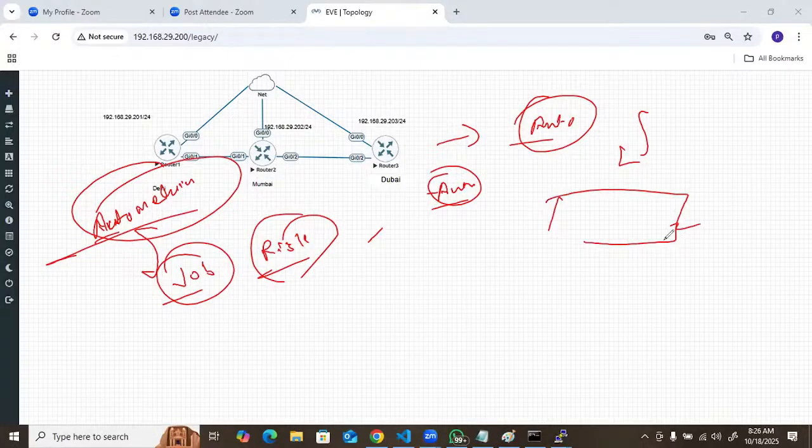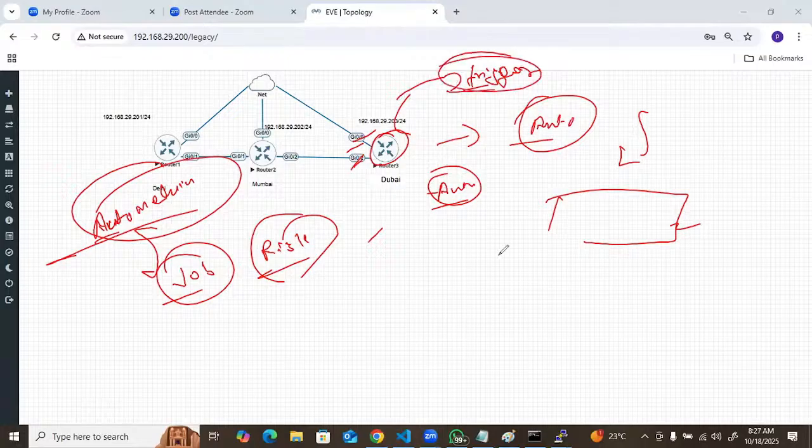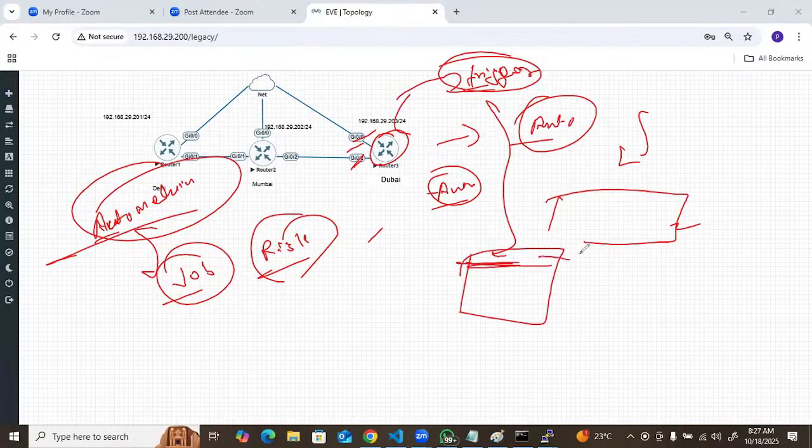Suppose I'm going to monitor this device using the automation. If any link is going down, immediately it should be triggered and generate a message, and I prepared one dashboard where the message will appear. This interface is down now, and this is the log message, right? It's similar to the NMS.